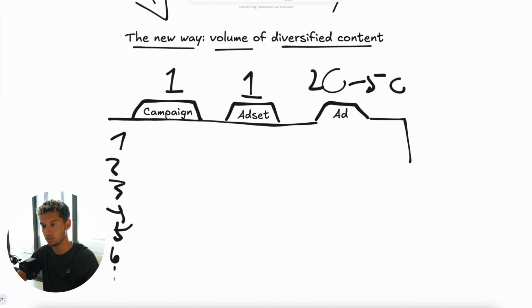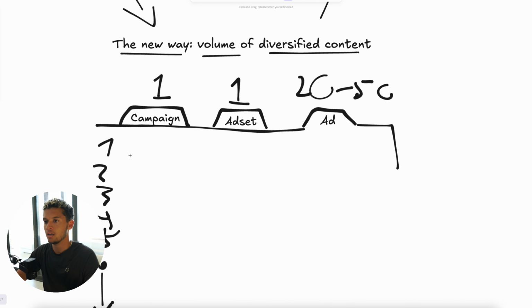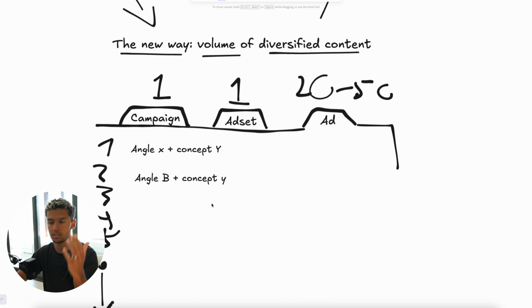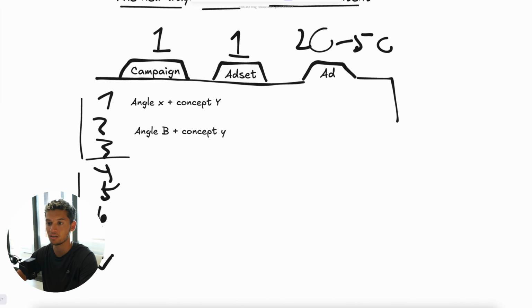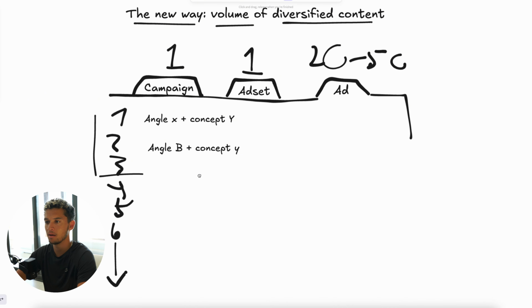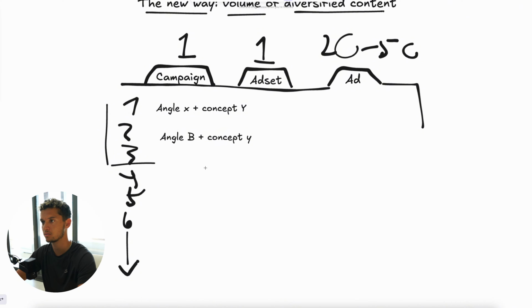And these ads would be all of these different angles, concepts, variations, different states of audience. Like, you can barely see what I've written there. This is another arrow. And you would have angle X with concept Y, and angle B plus concept Y, and so on and so forth. This would be your basic strategy. And yes, a top 3 maximum of these are going to get all the ad spend. The other ones are not going to get any ad spend. That's fine. This is just giving Meta the most amount of ads to work with, and we've seen that this, for a majority of ad accounts, works very well.